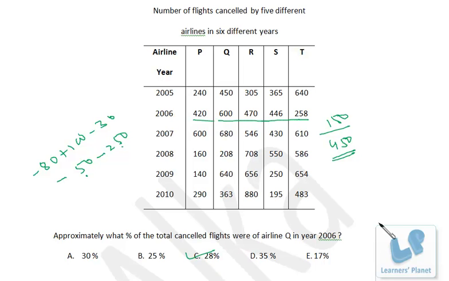Similarly, if the contribution of any other data is asked, pretty simply you can calculate. Since 450 is 20%, this will be more than 20%, this will be less than 20%, or you can say around 18 to 19%, this will be around 19 to 20%, right? This way you can find out the contribution of each and every data. Okay, so if you practice well, you will be getting a good grip over the method.